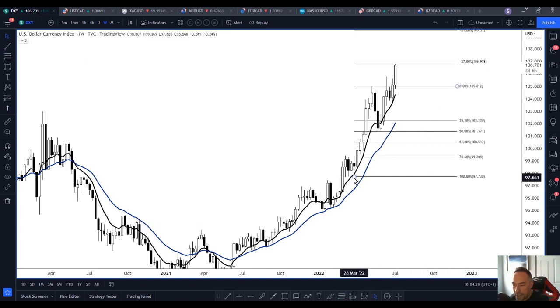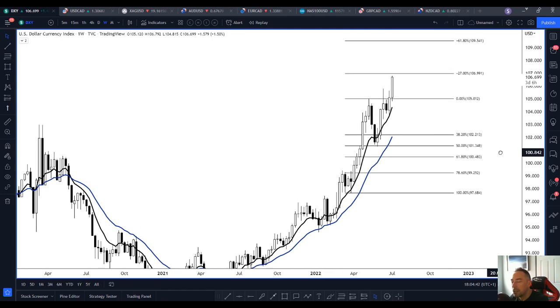Okay, and we can see that price corrected back into a 50% retracement of this impulse. It started to impulse, and the first target for this would be the minus 27% fib extension, so about